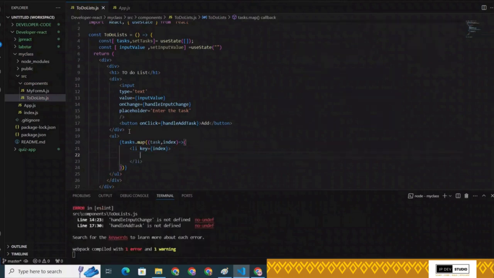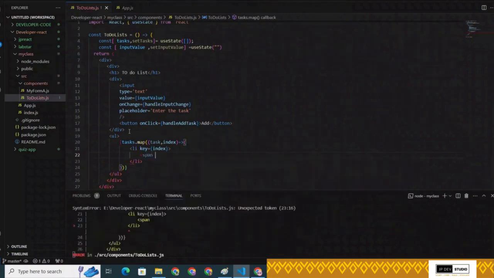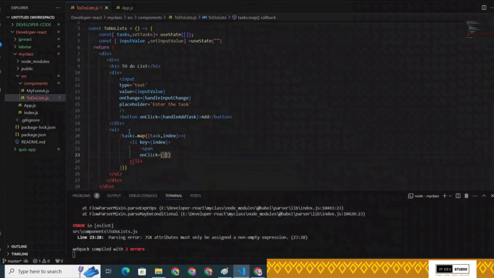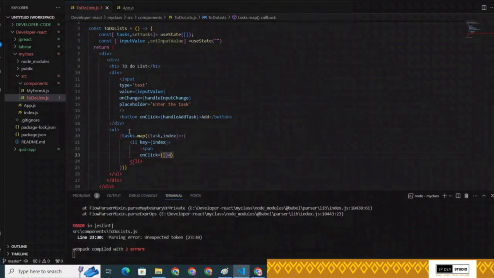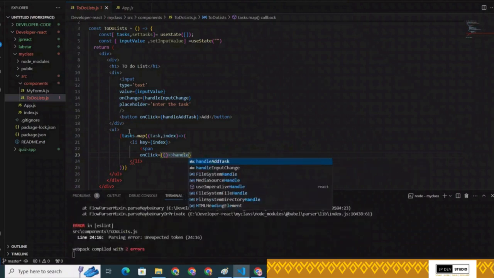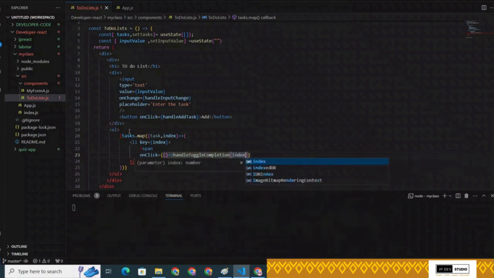Inside the li we create one span, span, on click method, on click, one arrow function, handle toggle completion index. Okay,